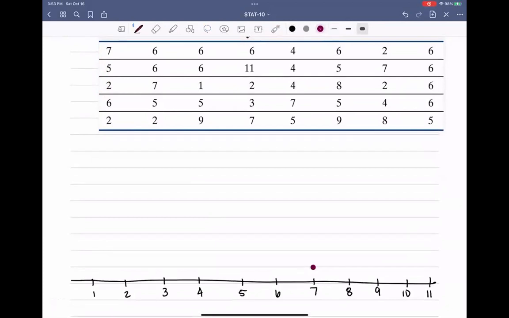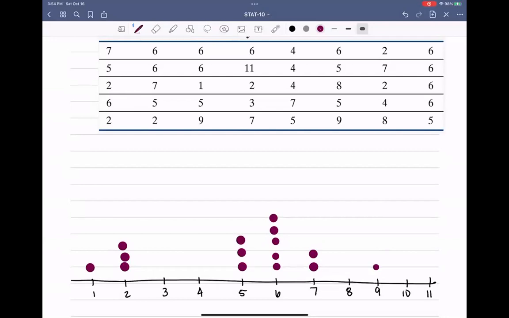So 7, then 5, and 2, and 6, 2, 6, another 6, 7, 5, 2, and starting on the third column, 6, 6, 1,